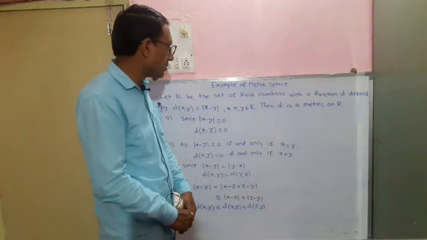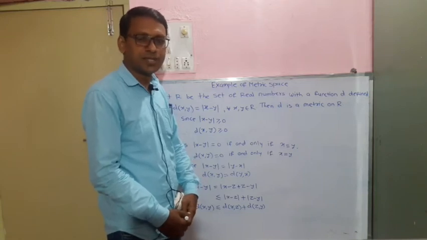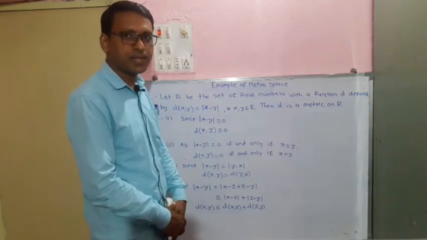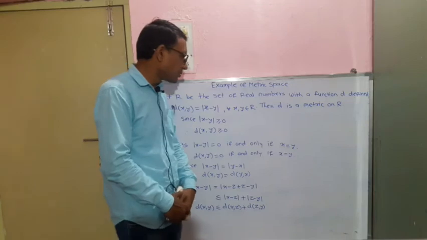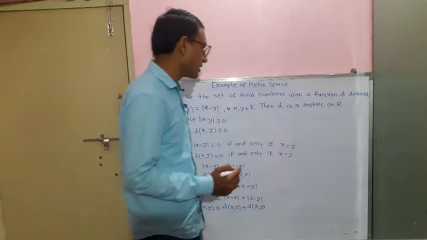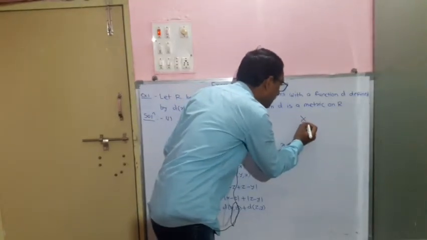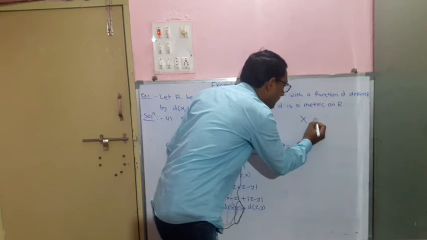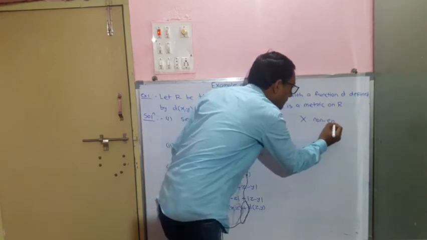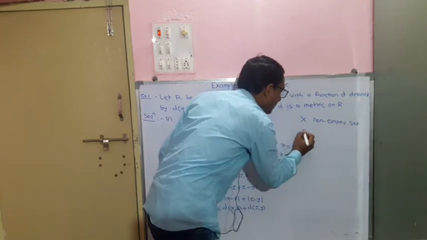So here in the last period we have seen the definition of the metric and the definition of the metric space. So in short, I revise the definition of a metric and metric space. So if X is any non-empty set, and suppose